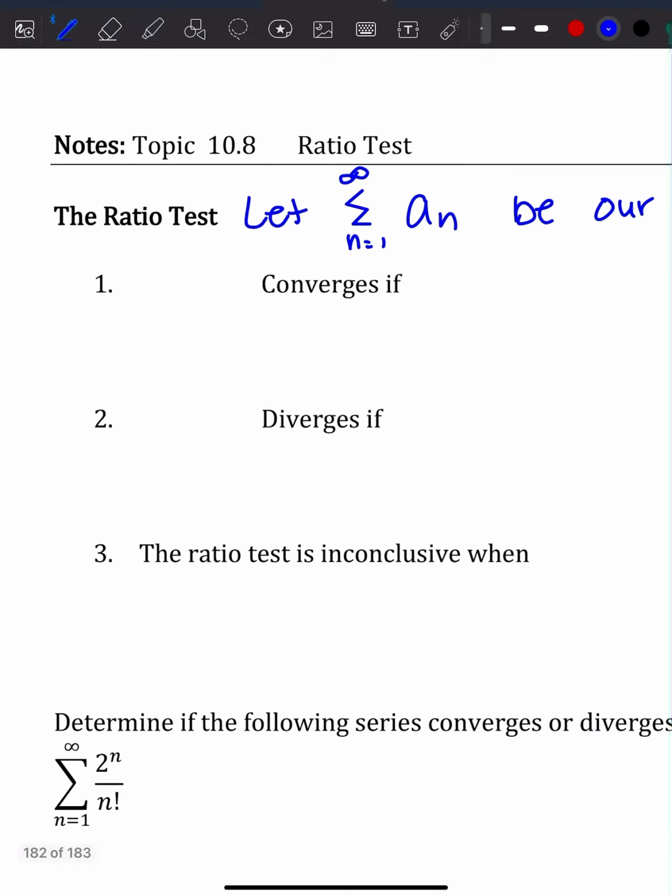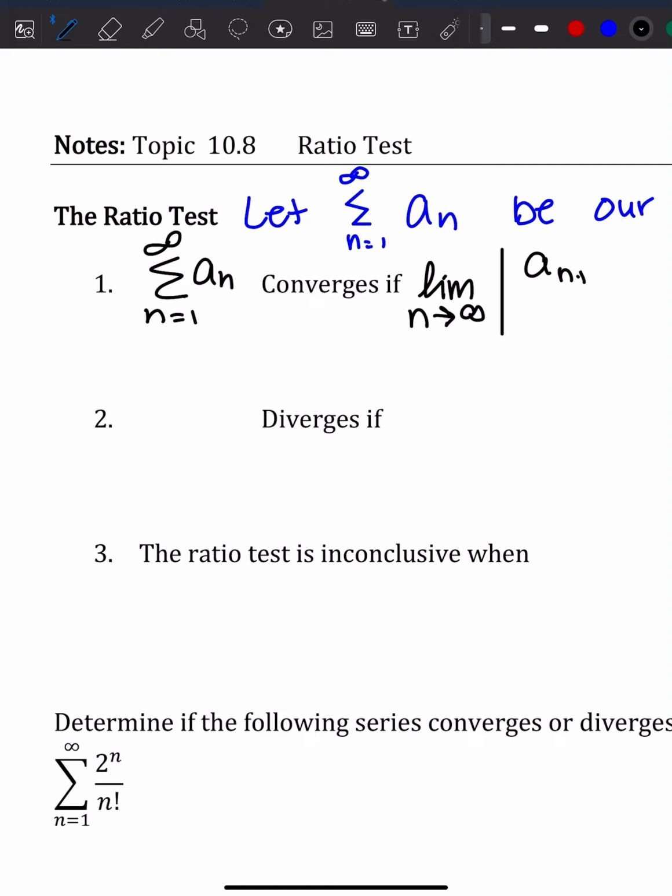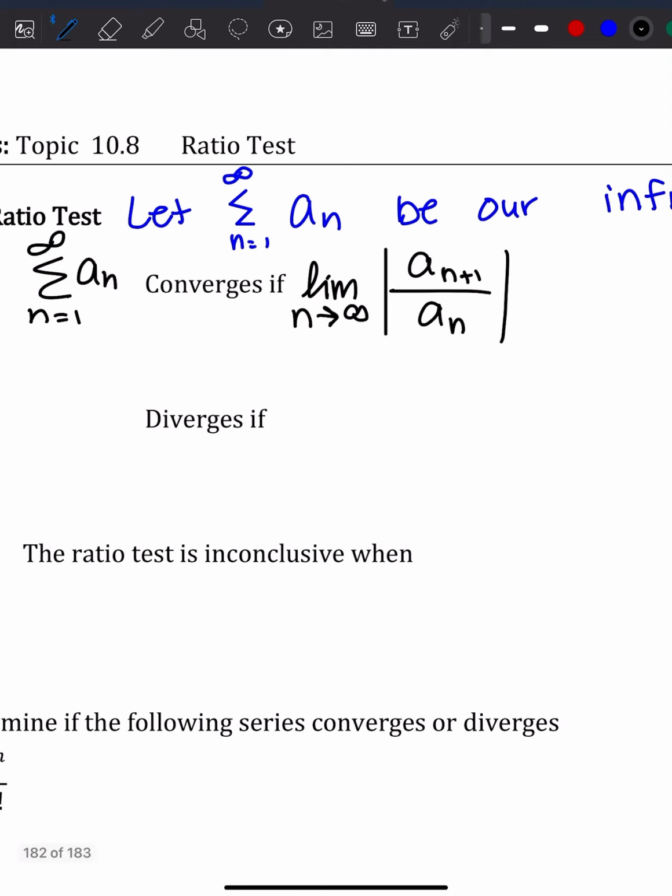So our series, the summation from n equals 1 to infinity of a sub n, will converge if the limit as n approaches infinity of the absolute value of a sub n plus 1 divided by a sub n